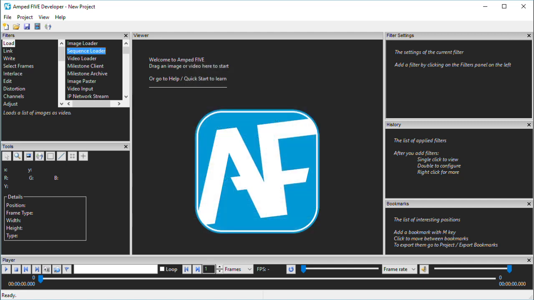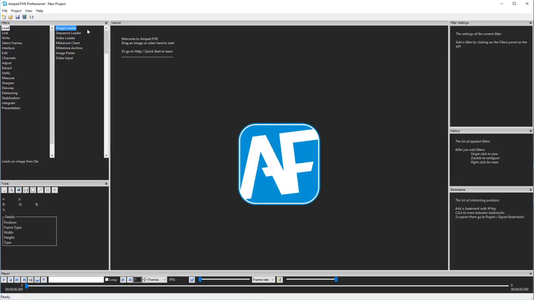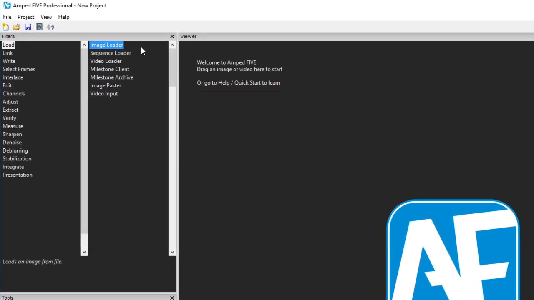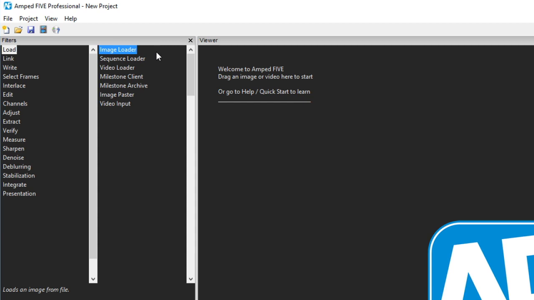Okay, over to the filter windows that hold the building blocks for your chains. The filter categories are down the left side. Only the filters relating to the highlighted category will be seen down the right. The categories are pretty self-explanatory. As an example, Load gives you the ability to load images and video manually into 5. Edit gives you the ability to apply geometric transformations, whereas deblurring gives you access to the, well, yes, you guessed